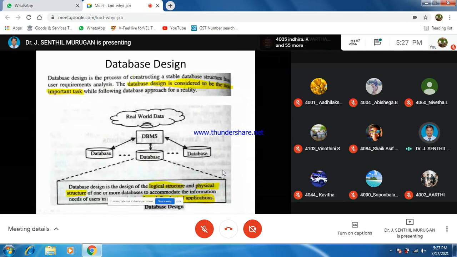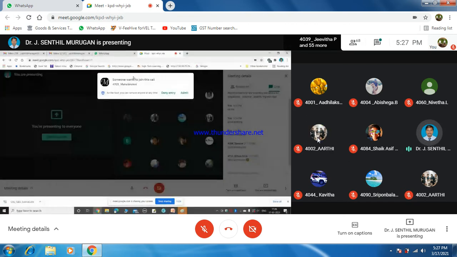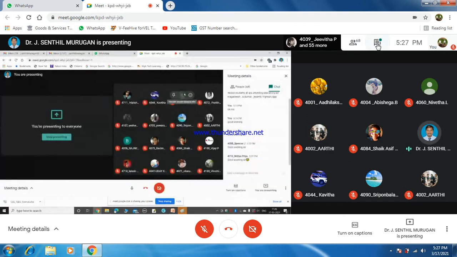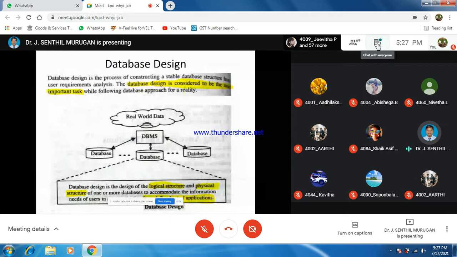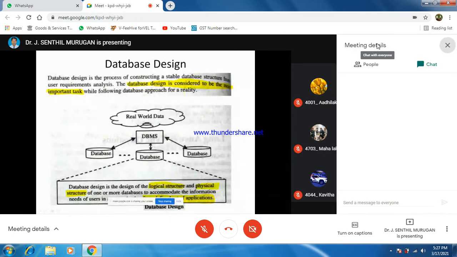Now, database design. How is it designed? It is considered the most important task. Why? Because in the real world, there are different applications to be implemented, with different features, techniques and technologies.